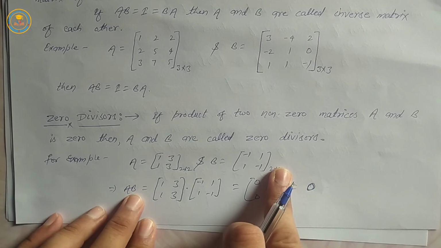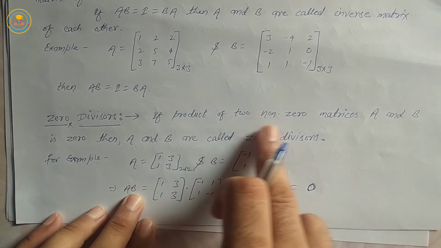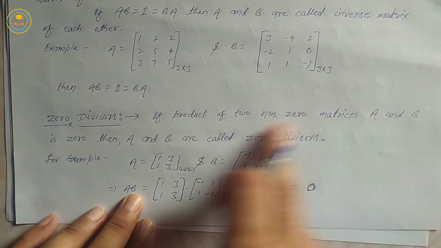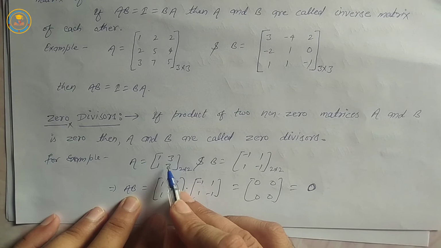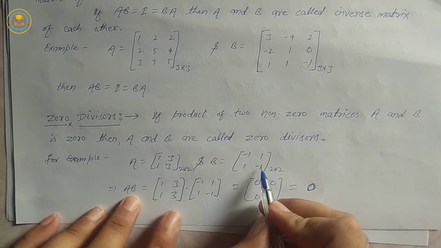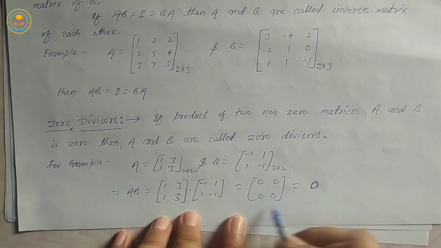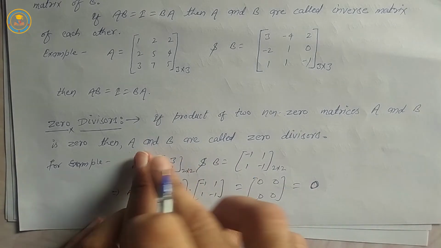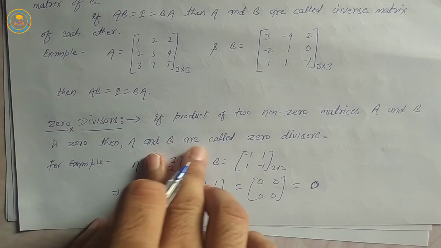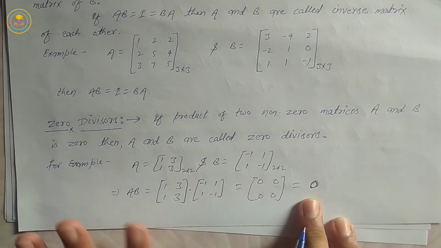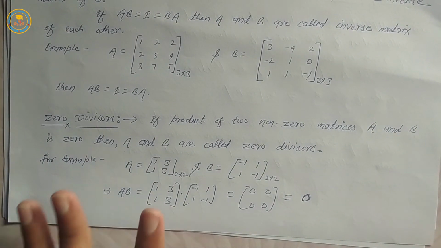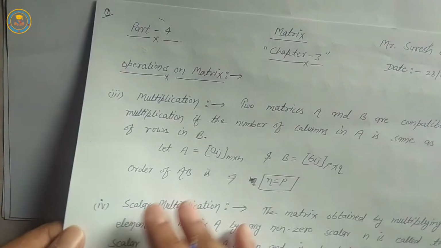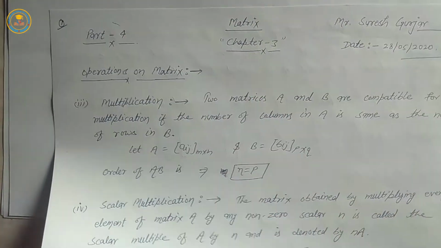A into B. It means if the product of two non-zero matrices A and B is 0, that is, matrix A multiplied by matrix B is equal to the 0 matrix, then matrix A and matrix B are called zero divisors. Okay. Operation on matrix complete. Next, exercise